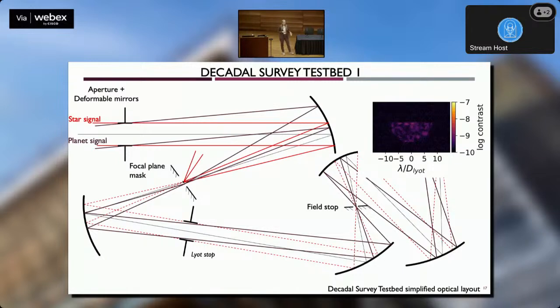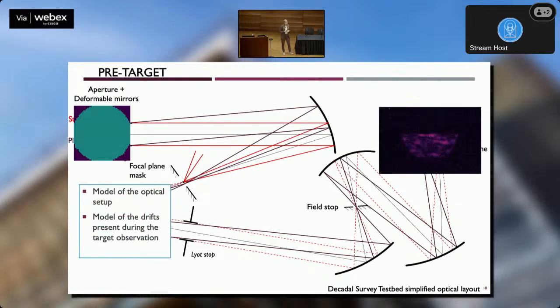This is a half dark hole. We have a field stop in, so that gets rid of all the light outside of this D-shaped region. And that just reduces the dynamic range required of our detector, so we don't get bleeding into our dark region, because that would be really saturated. So when we go back to our pre-target step,